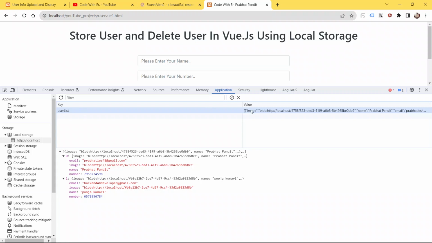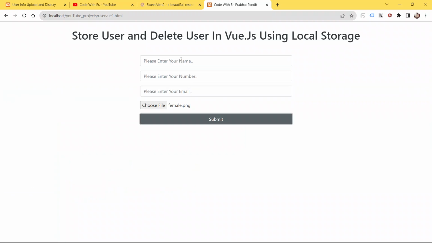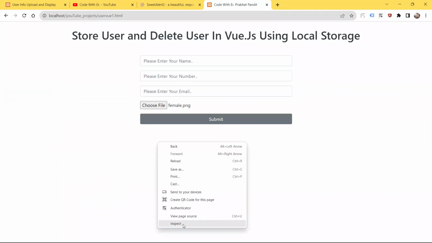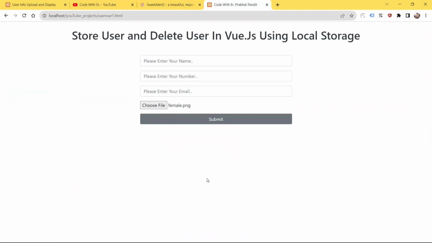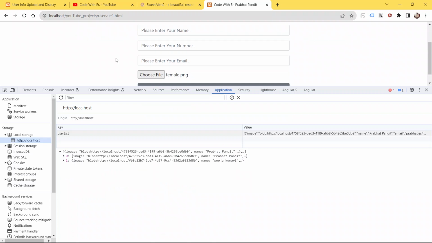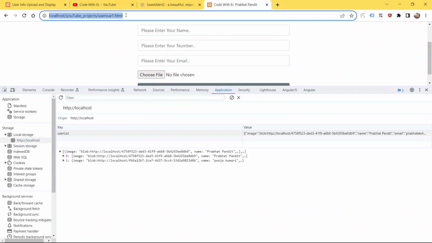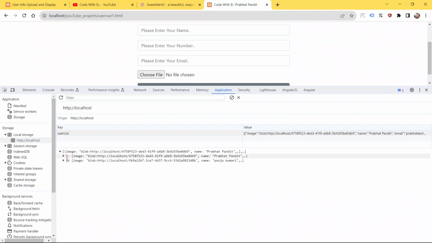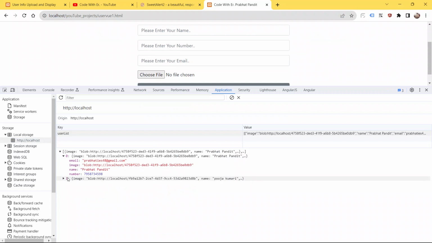Now close the developer tool. We have stored all the information in the local storage, so refresh the page first and see whether it remains here or not. See guys, it remains here, because we have saved our user details in the local storage.